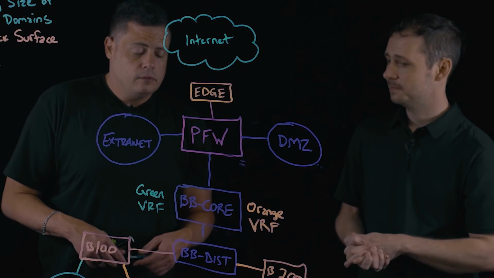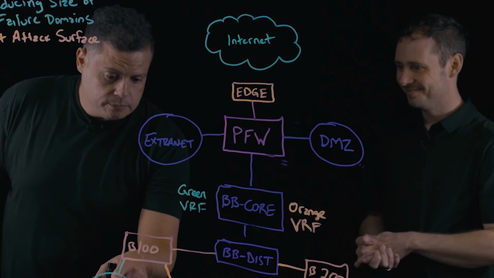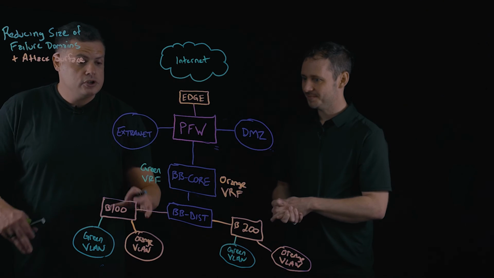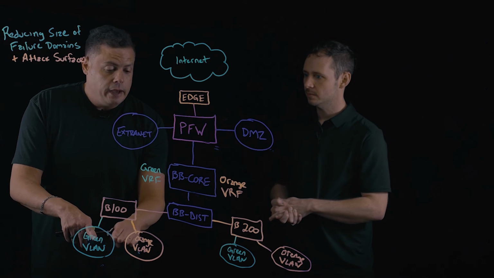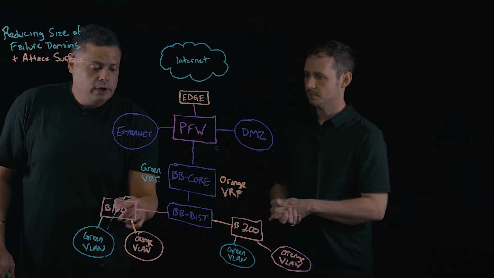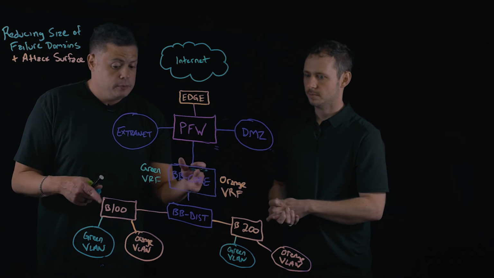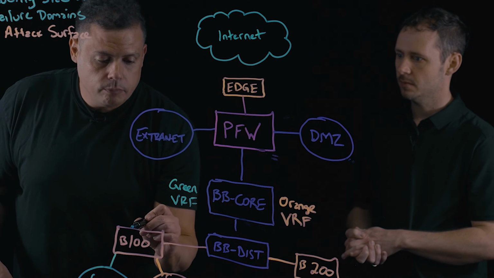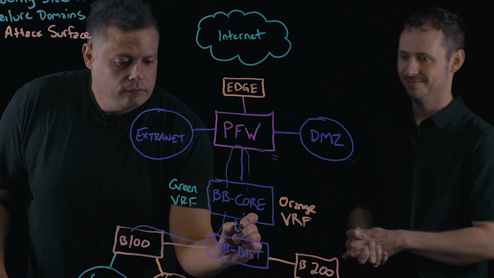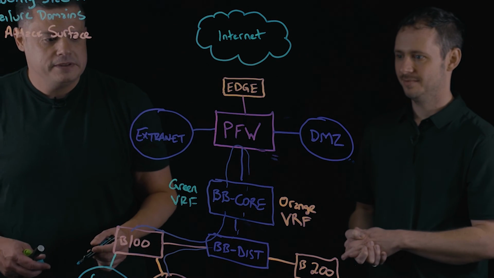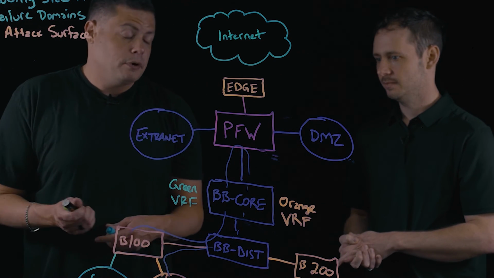No, that's a great point. And yeah, we used to have to use VRF-lite extensions, right, to basically hairpin. So if we wanted to police traffic from the green to the orange program, right? This VLAN would map to a VRF. That network would be a member of the green VRF, but oftentimes, I mean, most of the time, we'd want to police and control the flow of traffic between those. And so to the hairpin point, we'd have to go like this, right? All the way back down. And as you can see, that's a cumbersome process. Not just latency, but in general, it's just bad architectural practice, period.